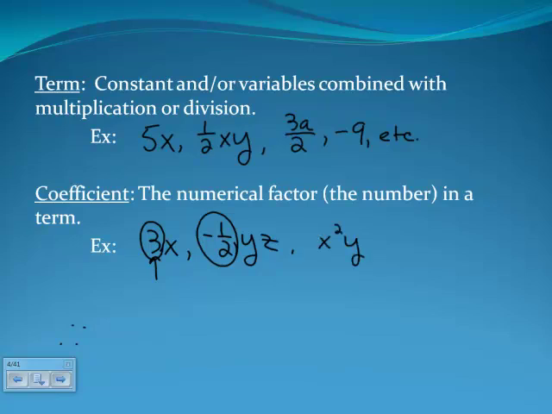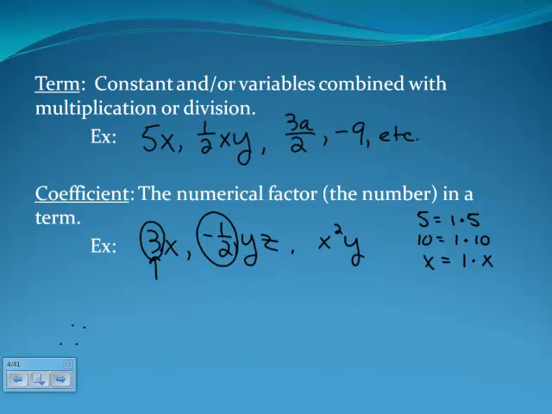X squared y. Okay, let's talk about those terms that appear to have no constant piece. You would agree with me that you can take any number, let's just say 5, since we're most familiar with constants instead of variables. I could take any constant and rewrite that as 1 times that number, and I would have the same thing. In other words, 1 times anything is itself. So if you agree that 5 is equal to 1 times 5, or 10 is equal to 1 times 10, then you should also agree that x should be the same as 1 times x,